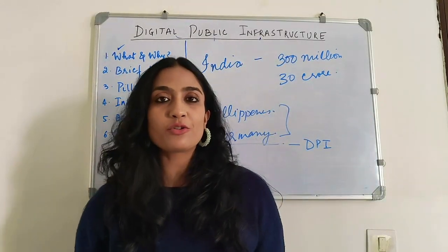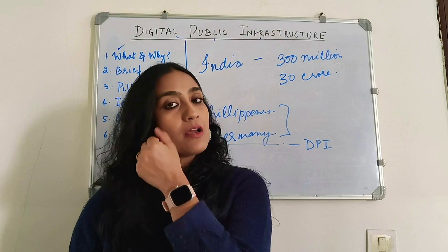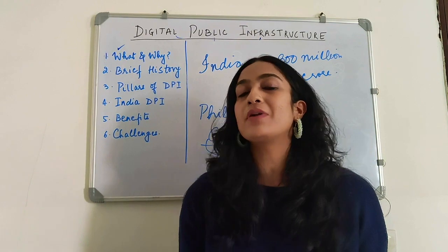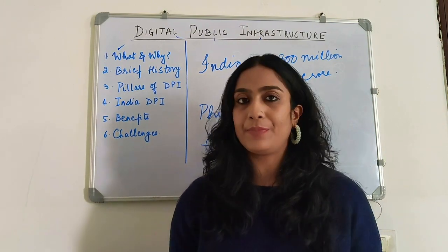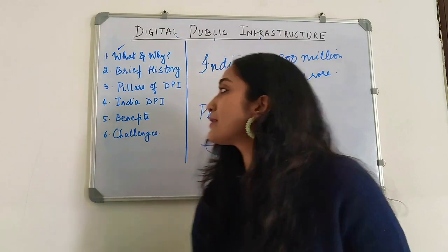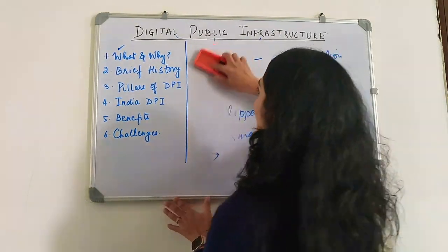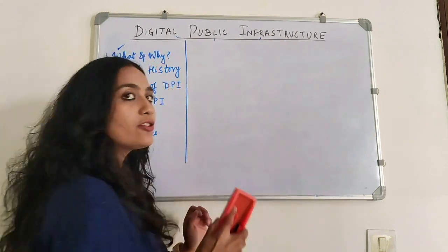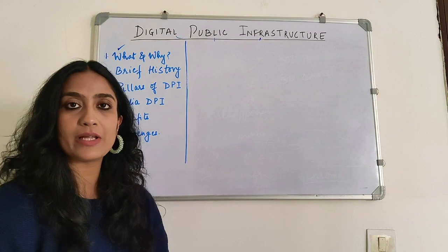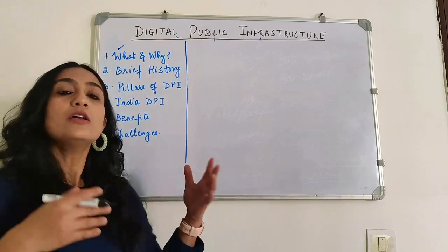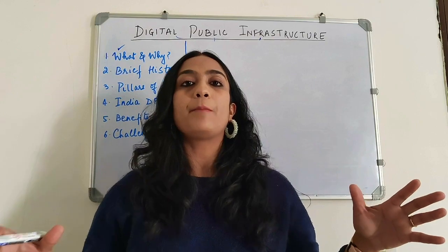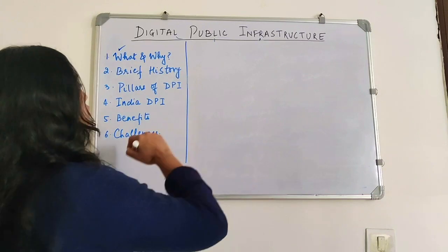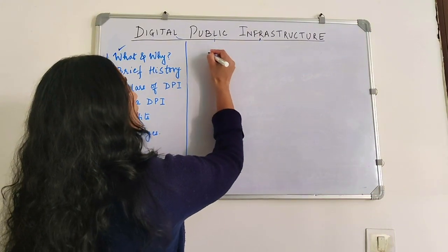Now, having understood the brief history of DPIs, we've gotten to a stage where these are the base. Right? The internet, the web, and the browser, these are the base. Now we need to build up upon that. And then let's discuss, based on this, what are the three pillars of a digital public infrastructure. So pillars means the foundational digital public infrastructure that is required so that other things can be built upon them, and a fully flourishing DPI ecosystem can be built. So pillars of DPI.